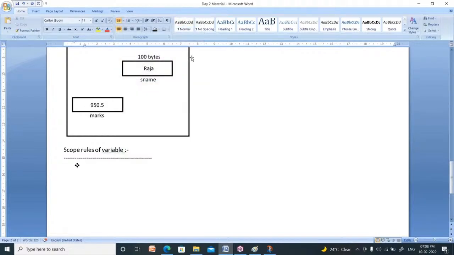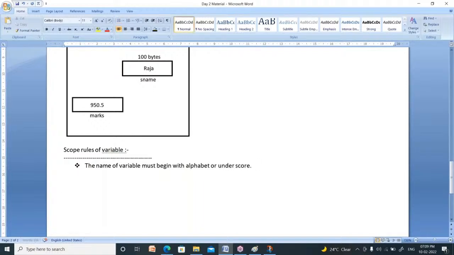First rule is: the variable name must begin with an alphabet or underscore. What is the first rule? The name of variable must begin with alphabet or underscore.